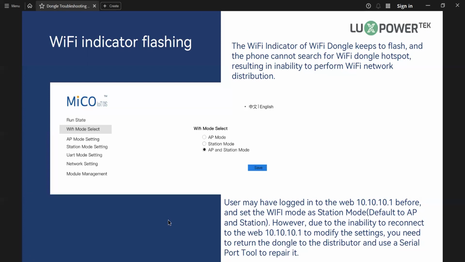So the user may have logged in to the website 10.10.10.1 before and set the Wi-Fi mode as station mode, default is AP and station. However, due to the inability to reconnect to the website 10.10.10.1 to modify the setting, you need to return the dongle to the distributor and use the serial port tool to repair it.